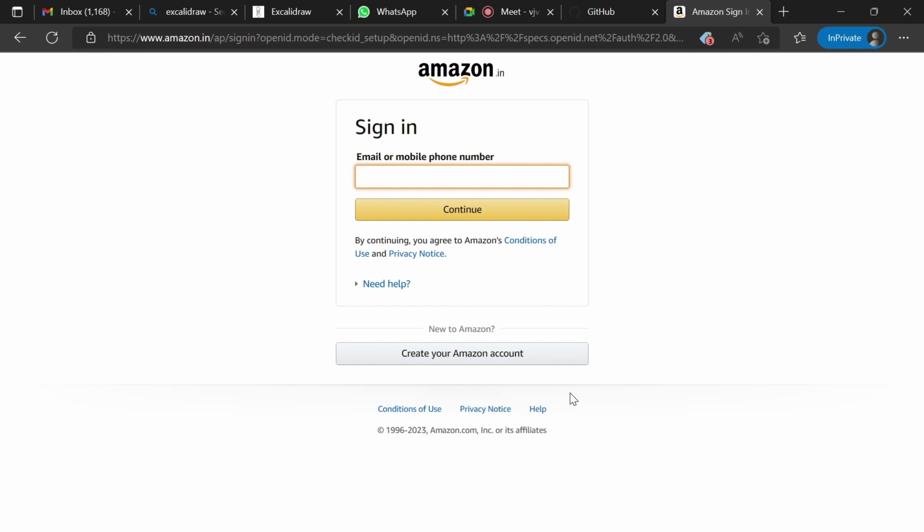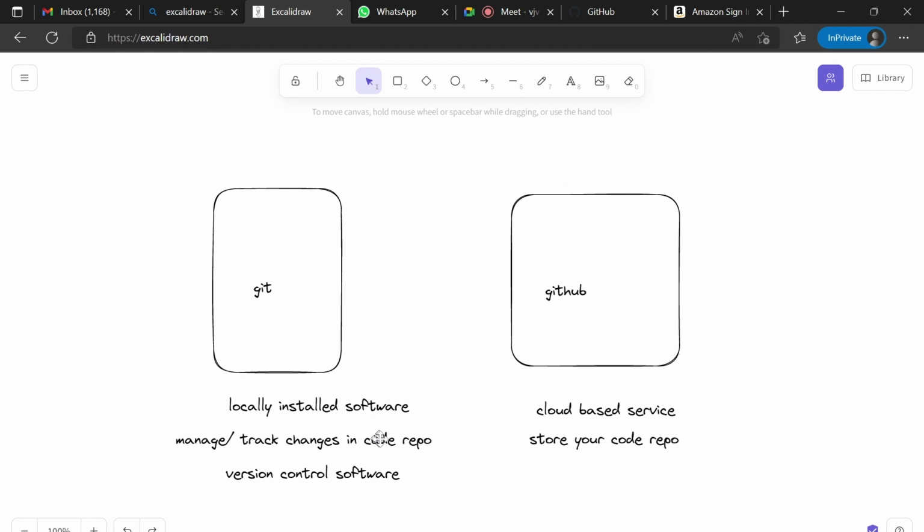Now he wants to check what all the changes he did in the past. So he can check through Git. He can check using Git commands what all the changes he did in the past 2 months for the specific file which is responsible for the sign-in page, and track the changes. So this is important.